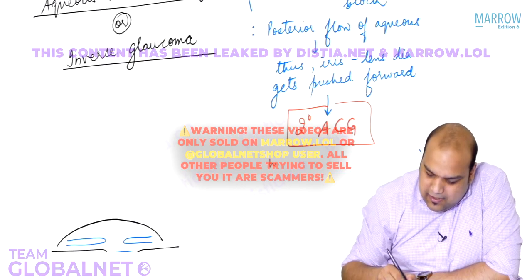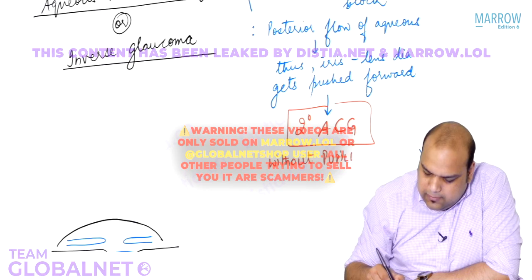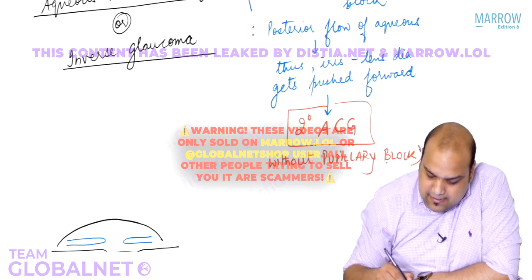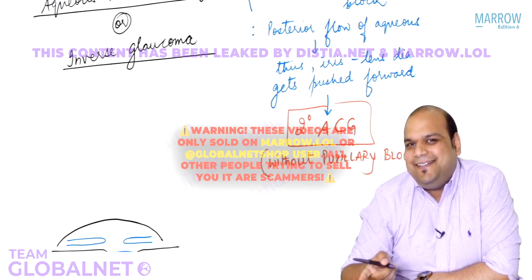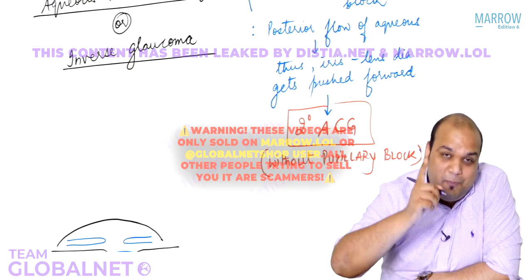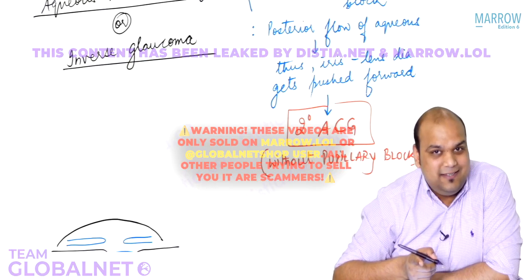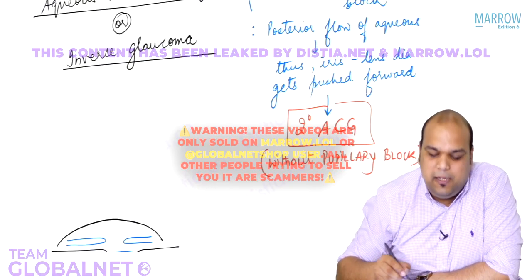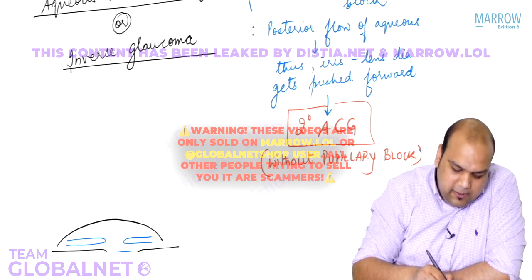So we say without pupillary block. The pupil is not touching the lens in this case. There is no pupillary block. I hope you understand. Whatever angle closures we have discussed till now, the pupil touches the lens. Yes? Now, because there is no pupillary block, when I ask you the treatment, everybody,